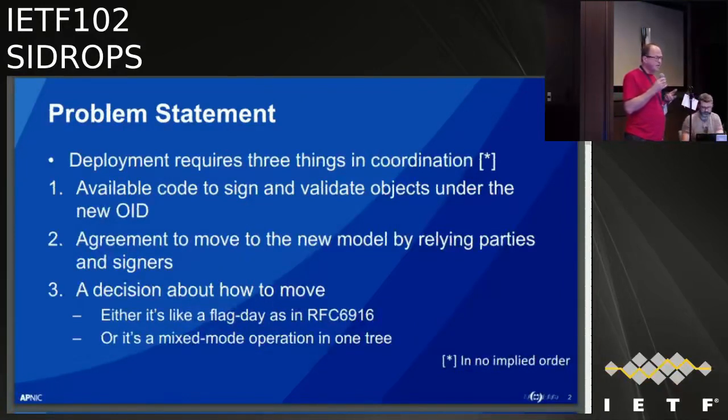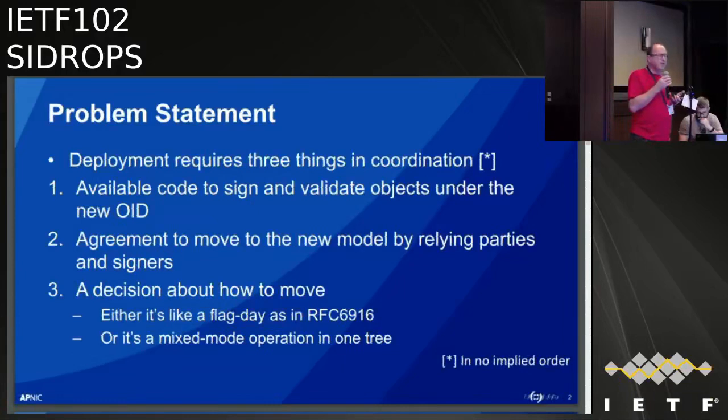So the document about deploying validation reconsidered effectively, kind of implicitly, said, well, we use the same mechanism that we do for rolling the algorithm. It's a mechanism where you just put up stuff and then you have a transition in an orderly manner in 24 hours, and at the end of it, you shut down the old tree, you go with the new tree, we're in a new world.